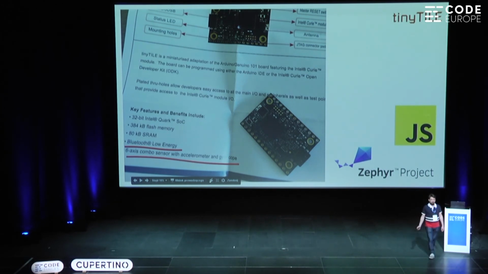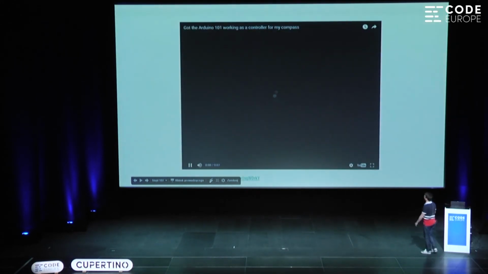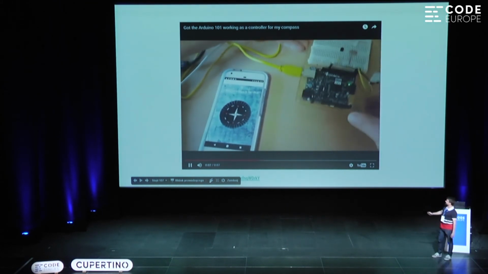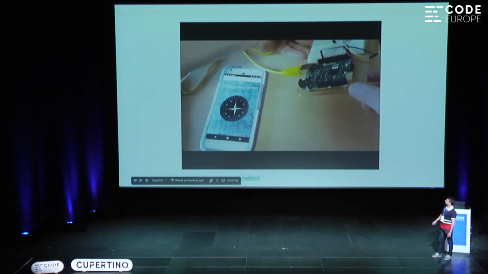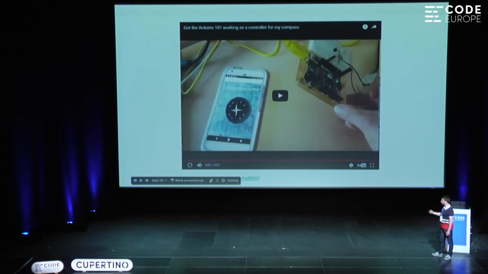And now there's even a smaller version of the same board. It's really, really small. This is pretty cool. It has Bluetooth, and it has an accelerometer and gyroscope. So I could do the same. Another hour later, I did the exact same thing. And the cool thing here is that I did it all in JavaScript.